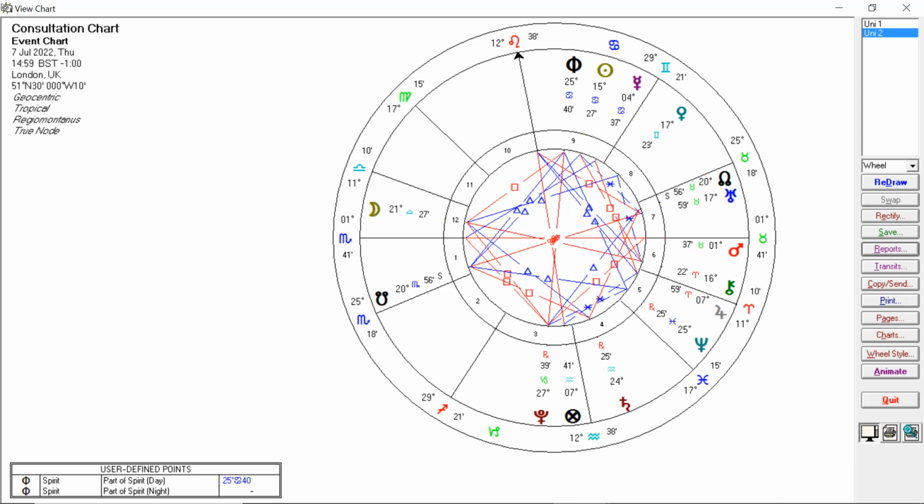What that means is it has to be either in the same sign or in the opposite sign, or in the signs 90 degrees from, or 120 or 60 degrees from. It can't be in the sign either side from the rising sign, or in either of the signs which are 150 degrees away from the rising sign. So Mars here beholds the ascendant. Mars is in a position to at least try to support their own health.